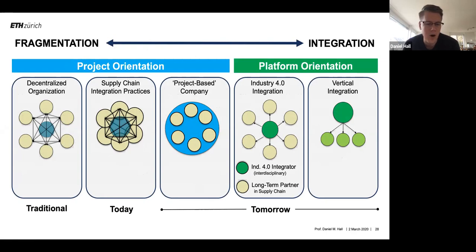Instead, they have long-term partners in different ways. And those are kind of the ones that are on the outside. The periphery are these long-term partners in the supply chain. And then you would not try to tender each project, but you would go to your preferred partners and you would construct your project together, and they would provide you with the manufacturing.